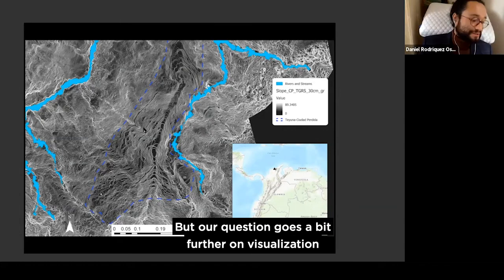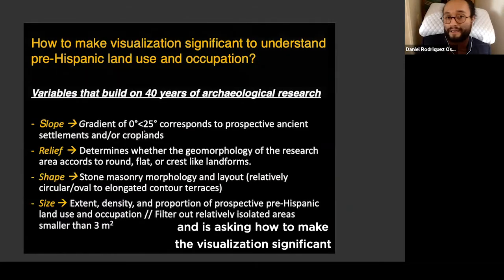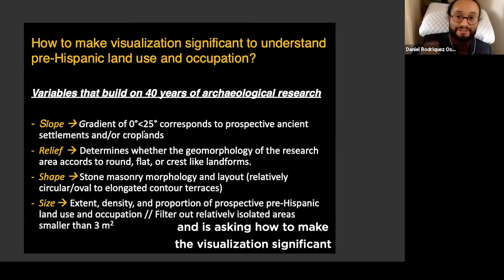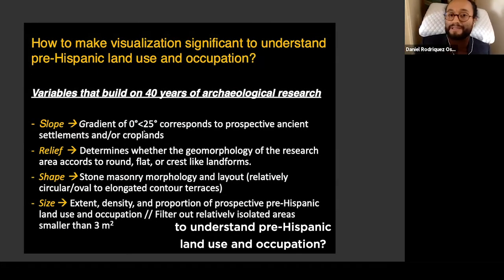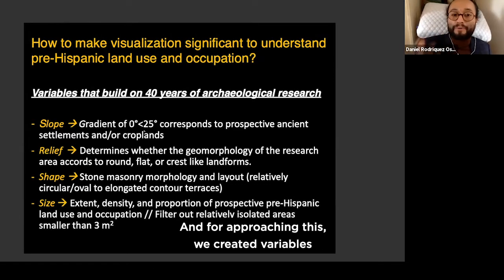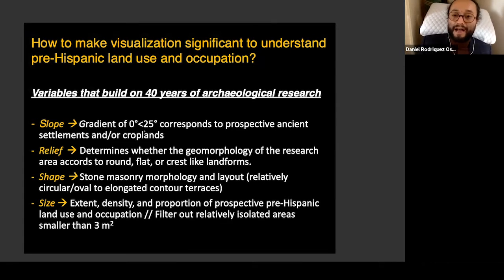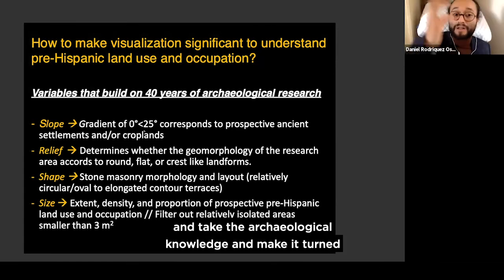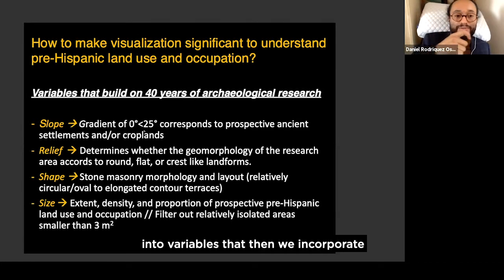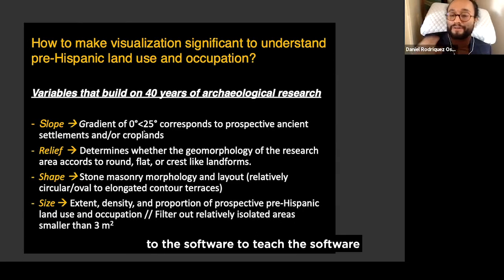But our question goes a bit further than a nice visualization, and is asking how to make visualization significant to understand pre-Hispanic land use and occupation. And for approaching this, we created variables that build on 4 years of archaeological research and take the archaeological knowledge and turn it into variables that we then incorporate into the software to teach the software how to